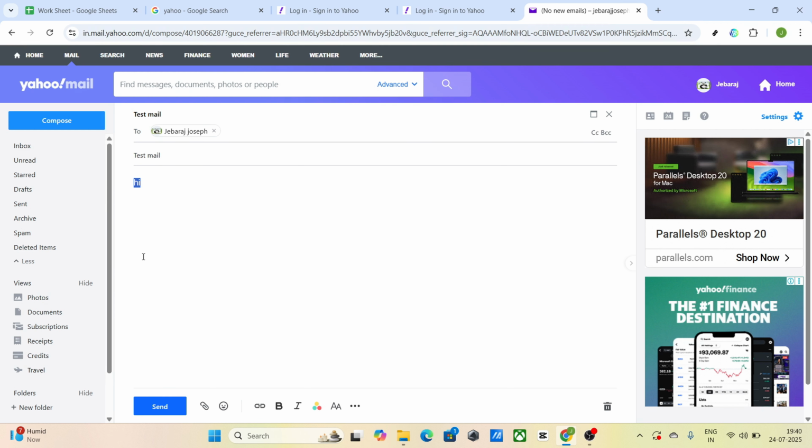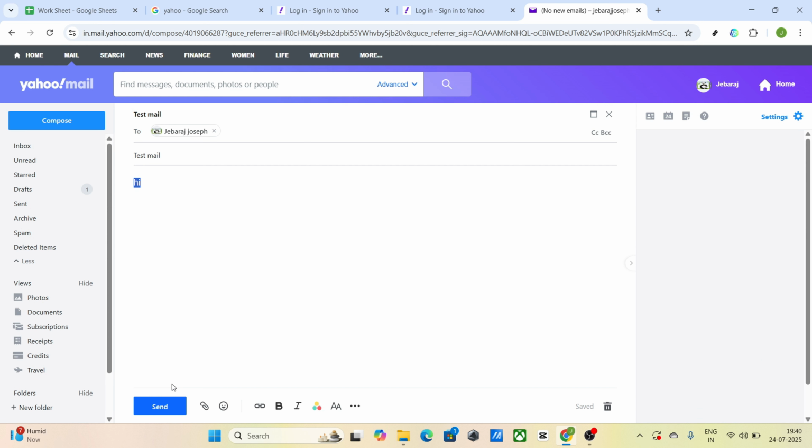Now, the heart of your email lies in the message itself. You have a large text box ready to capture your thoughts, news, or inquiries. Dive in and start typing. Yahoo Mail comes equipped with formatting tools, such as bold, italics, and underline, that allow you to highlight key points